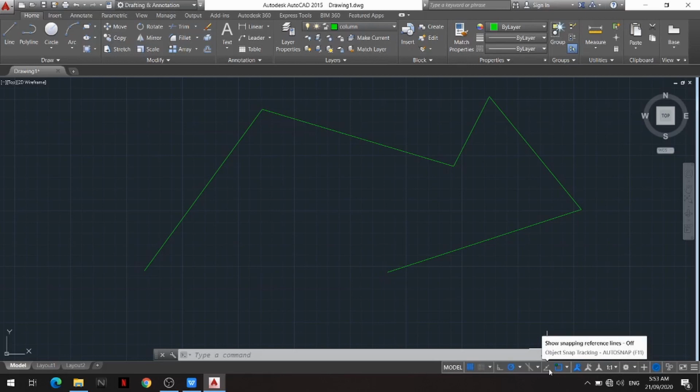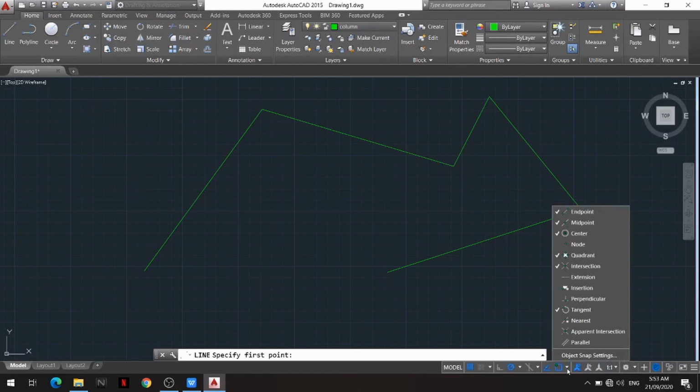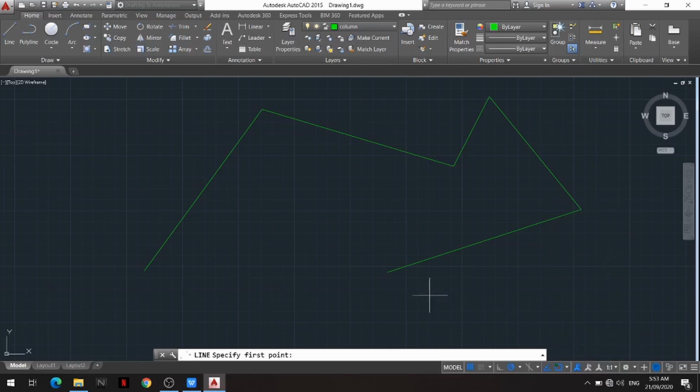Next one is the object snap tracking. For example, it works just like this. I want to draw a line that starts right above this point. Object tracking does not work if the object snap you want to track it from is not turned on. So for example, I want to start a line